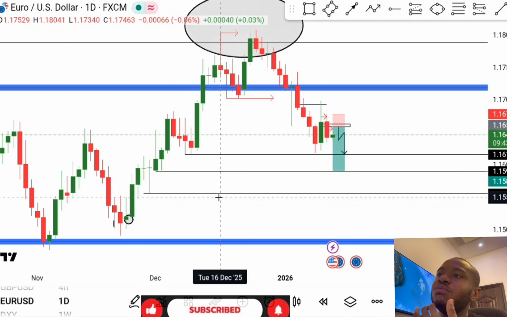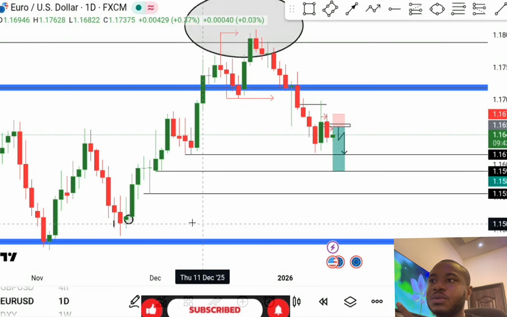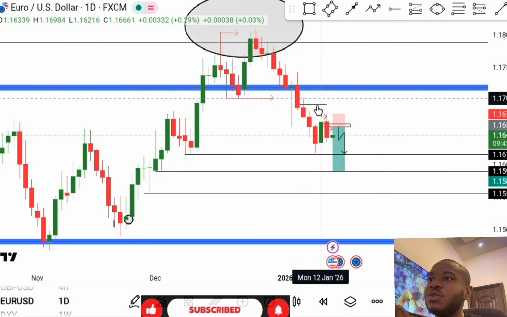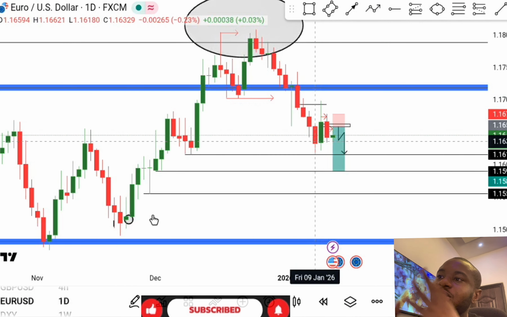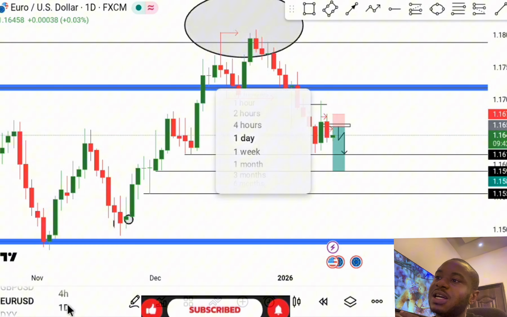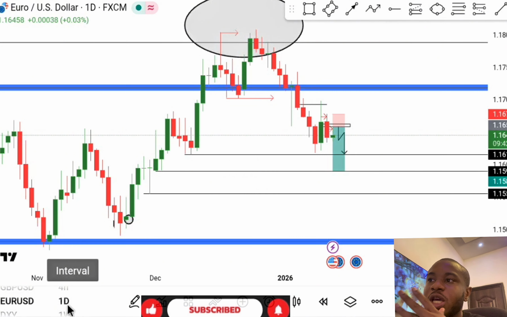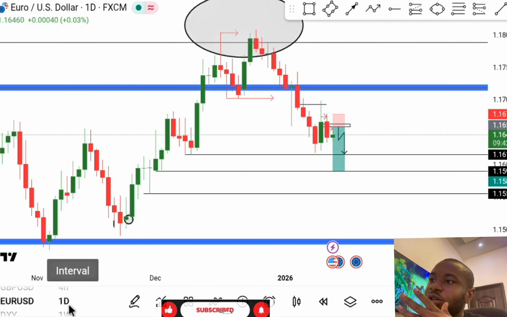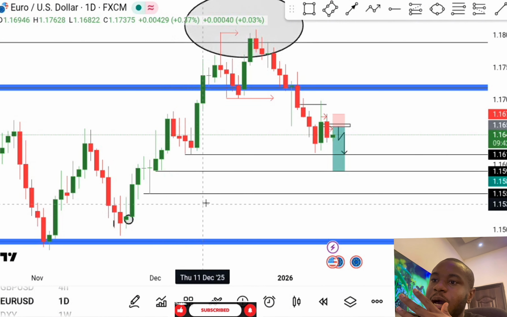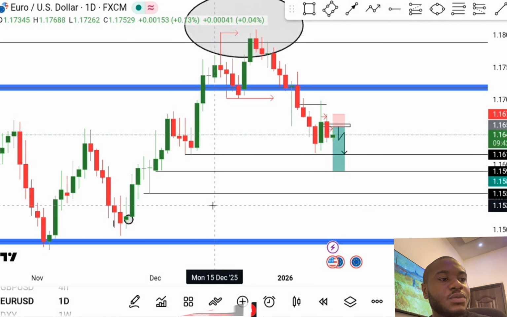You can see the monthly time frame is giving me some resistance points. The weekly time frame showed me some breaks of structure, and now the daily time frame is showing me breaks of structure from support to now resistance, and this is indicating a higher momentum. We've seen another lower high at this point. So this week, I'm anticipating